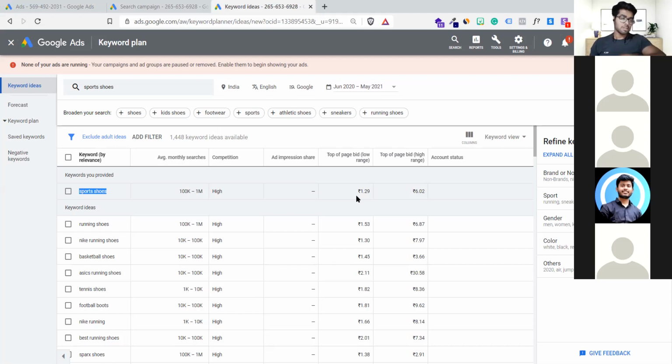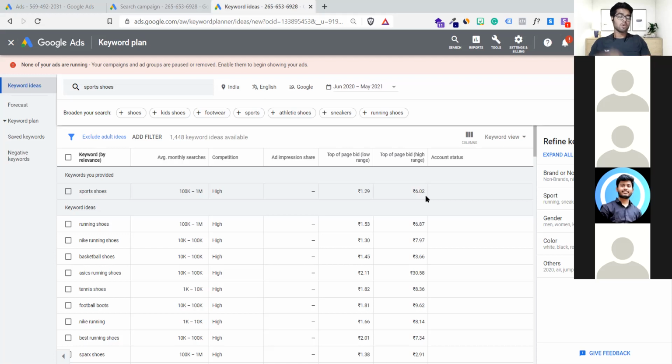No, they will not charge the maximum, because see, it is clearly saying that the minimum is 1.29 and the maximum is 6 rupees. So in between, you are already telling Google, hey Google, I'm going to pay 10 rupees. It's fine, bring me on the top. I'm paying you more, and I have seen that your average is 6 rupees. I'm able to pay 10 rupees. That's fine. So if you do that, your chances of coming on top are super high.